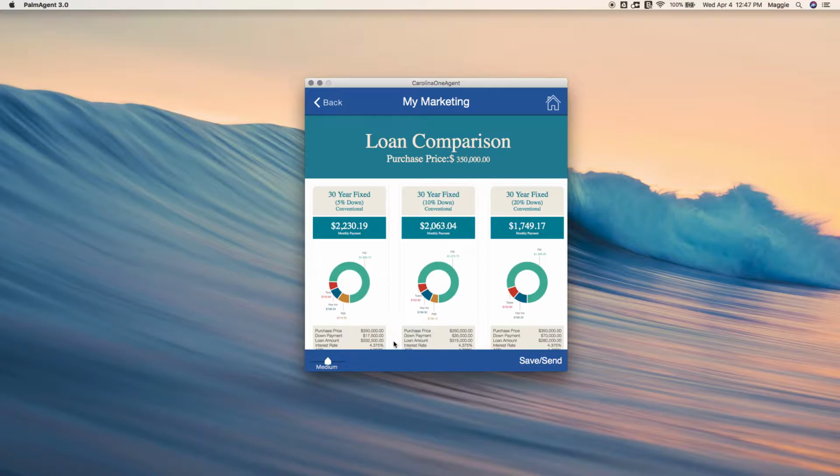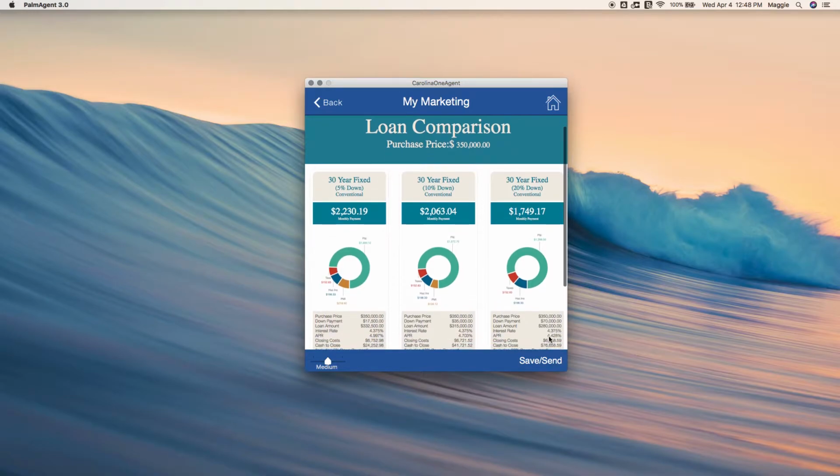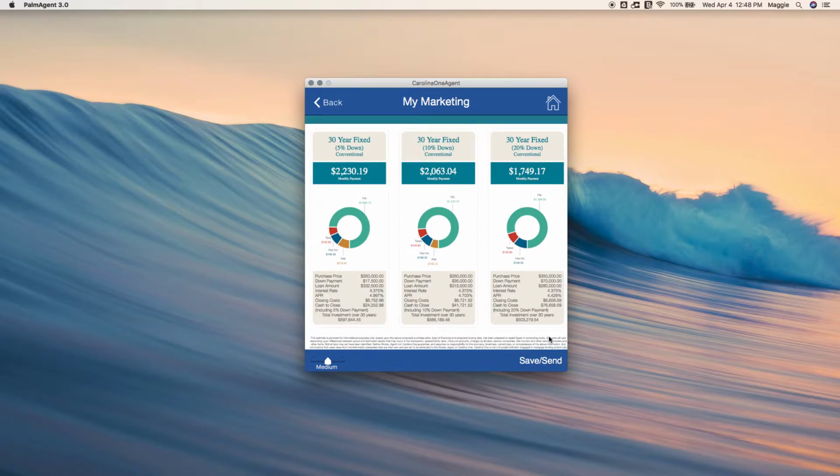The real difference is broken down here. Down payment amount at 5% down is $17,500. Down payment amount at 20% down is $70,000. So they need to ask themselves, is it worth it for this $300 difference in monthly payment to almost triple your down payment option? If they've got the cash and that's what they want to do, then that's a great idea. But if they're not going to be in the house for a long period of time, say 30 years, then it probably doesn't make that much sense to expend all of their cash. Nevertheless, it's their decision. You're just guiding the process at this stage, but this gives them a really nice visual